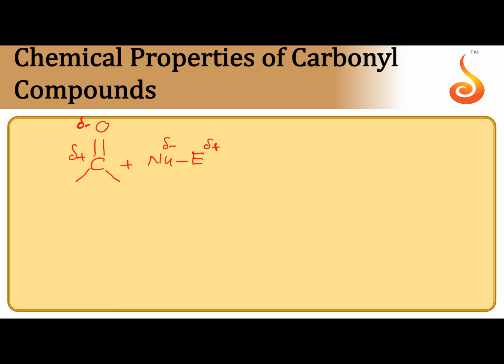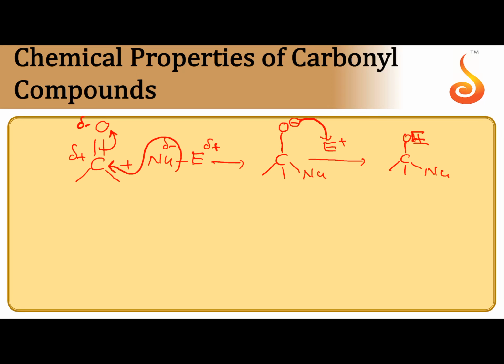Whenever a carbonyl group is present, it is a planar molecule. Nu minus attacks at the electrophilic carbon. Carbon pushes the pi electron pair onto oxygen. A non-planar intermediate is obtained, that is, the carbon is undergoing sp3 hybridization. After the formation of the intermediate oxide ion, E plus, which is waiting for that moment, is taken by O minus. So totally, the nucleophile is attached as well as the E plus electrophile is also attached.